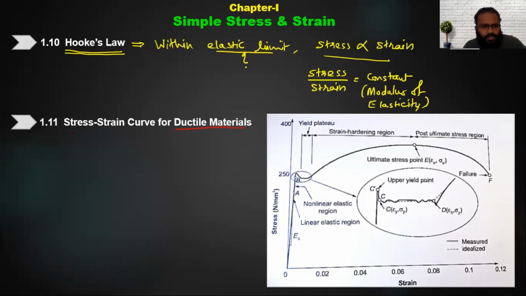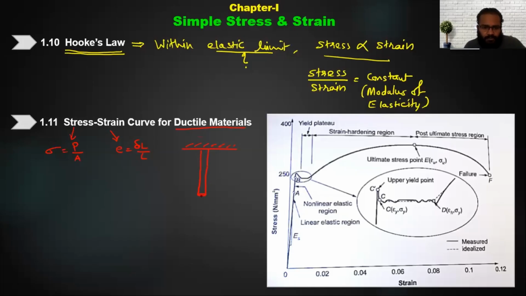Now you can see, what is stress? Stress is sigma, which is load upon area, and strain is epsilon, that is elongation upon original length. Let us assume that I have a simple wire, and that wire I am using. Let's say I have a certain wire which is hanged from a particular